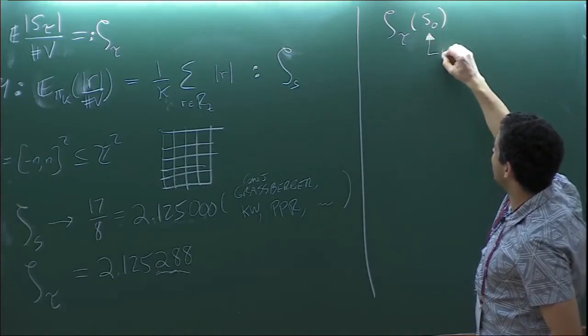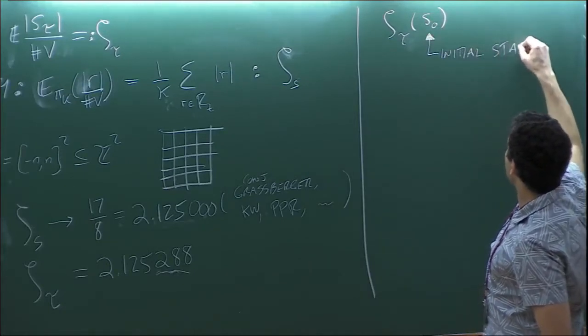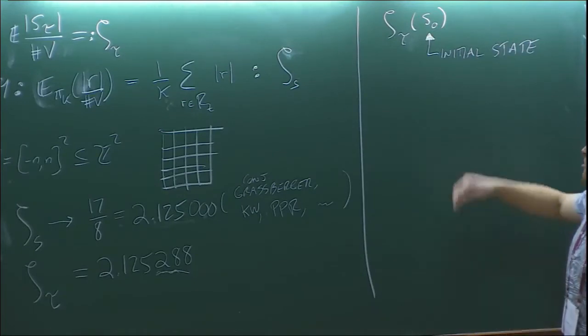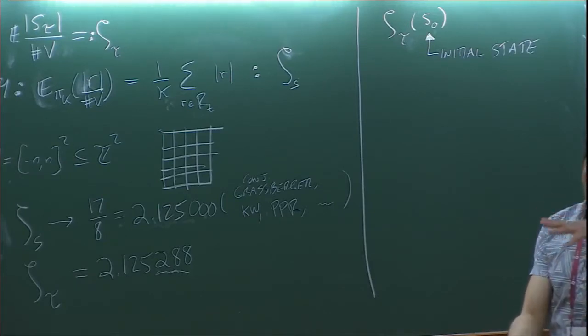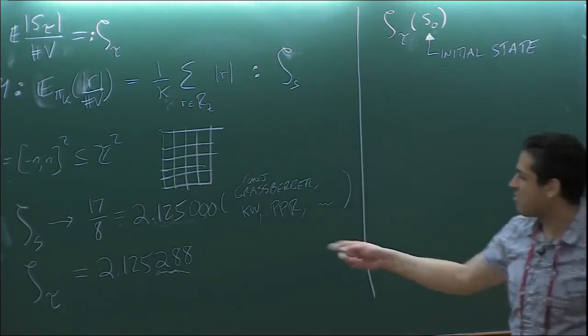Okay, so the initial state is potentially going to make a difference. It's natural in experiments to start with the empty initial state, just 0 chips. But 0 chips might not give you enough time to mix, right? So if you want to give yourself more time to mix, you could take the chip counts negative for the initial state. Then it will take longer to reach the threshold, and you might expect this